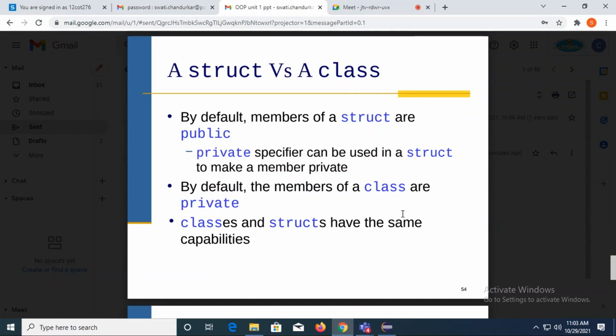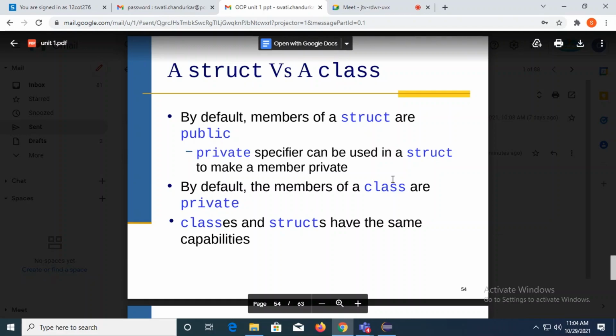So this is one of the differences between structure and class. The way of writing is the same. The way of declaring a variable is the same for structure and class. Is it okay? But they differ in their visibility.